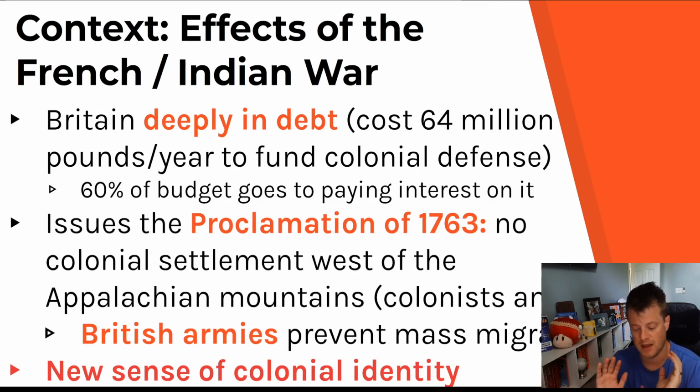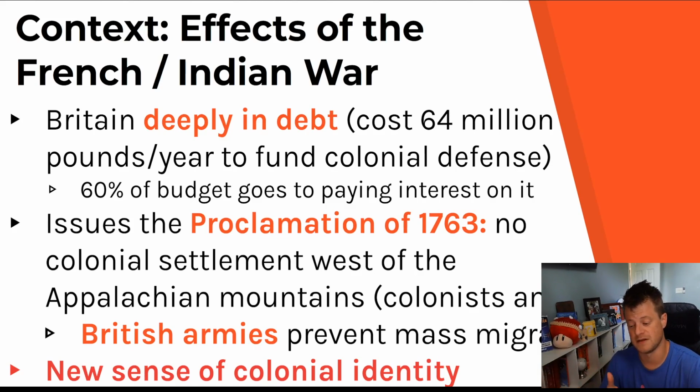And there's two different takes on what this proclamation was really for. Bottom line is, west of the Appalachian Mountains, the king sets this line that says, colonists, please do not settle past here. Now, of course, because they're Americans, they go ahead and do that. But according to two different theories of the Proclamation of 1763, on the one hand, the king sets this line so that colonists stop getting in fights with Native Americans, because again, wars